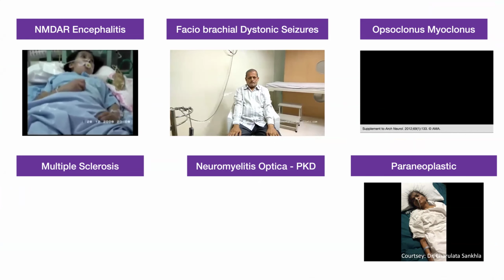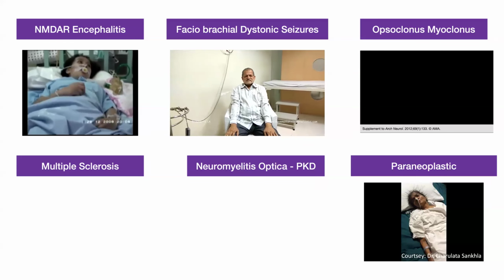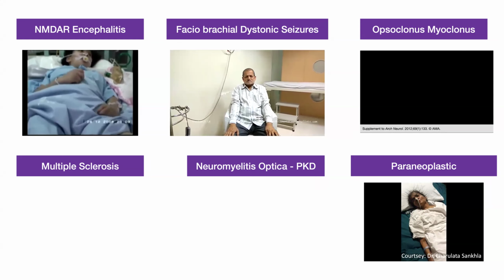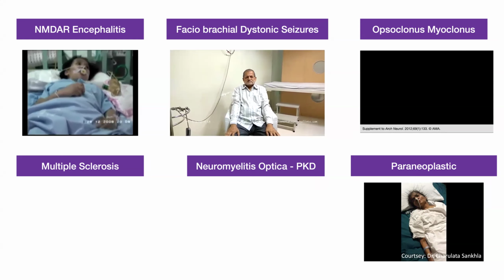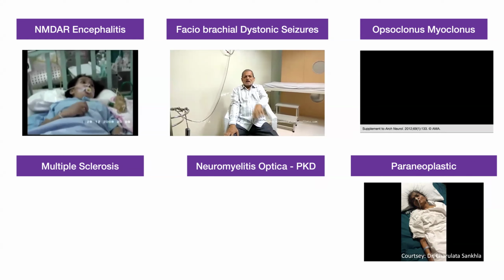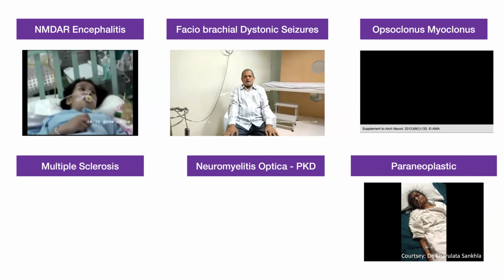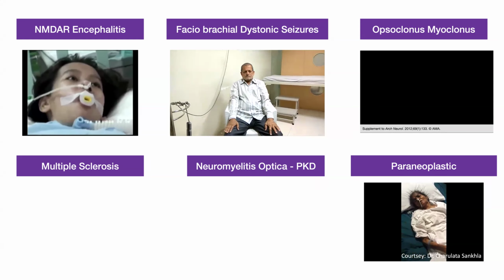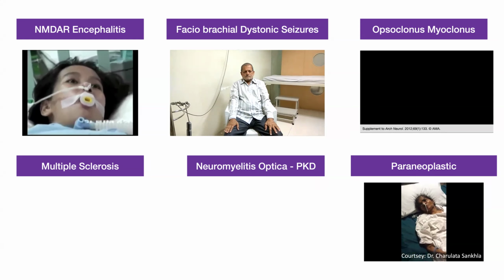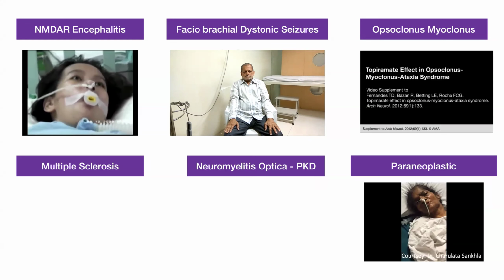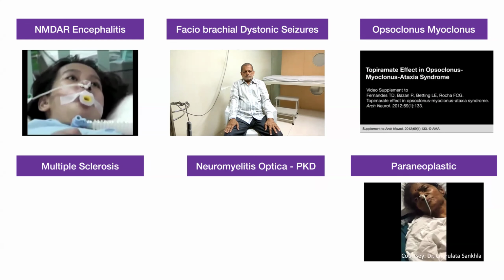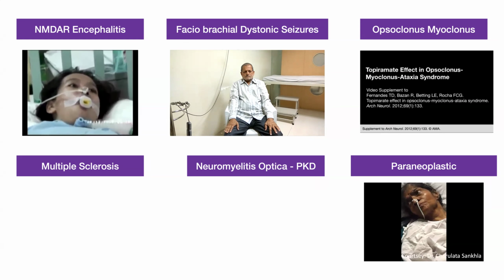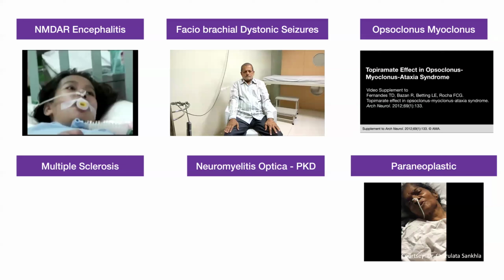Such as autoimmune disorders. Nowadays, autoimmune disorders are much more common, such as NMDA encephalitis, or various types of like limbic encephalitis. Paraneoplastic syndromes should be kept in mind. Faciobrachial dystonic seizures are one of the other causes which have a probability of being misinterpreted as a seizure and being treated as a seizure until you pick up these dystonic seizures, and treatment of the underlying autoimmune disorder helps you out.